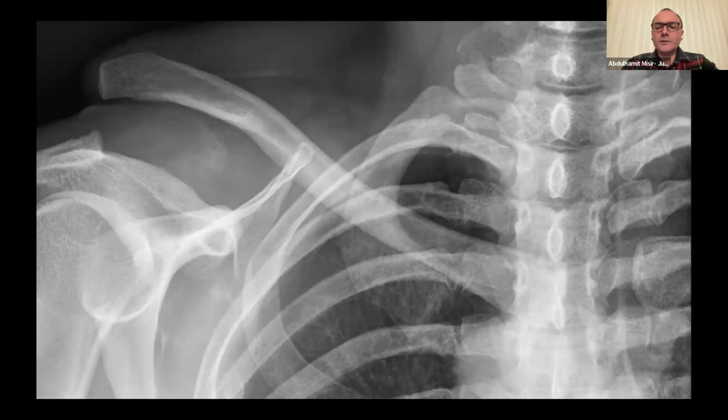Maybe we can see the posterior dislocation level of the acromioclavicular joint, but my approach would not be changed after that. Maybe again, it's not a posterior dislocation, but I would like to see the posterior acromioclavicular dislocation level to add some acromioclavicular fixation or not. But the CC fixation, okay, no problem. I would do CC fixation, but I would add acromioclavicular fixation too, according to that.